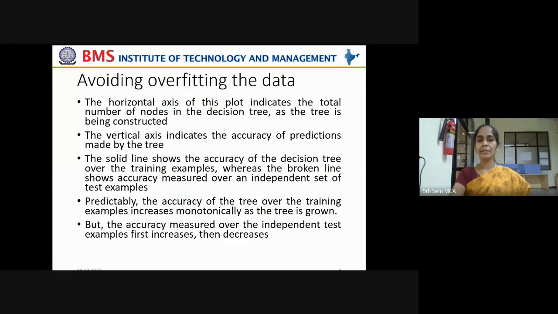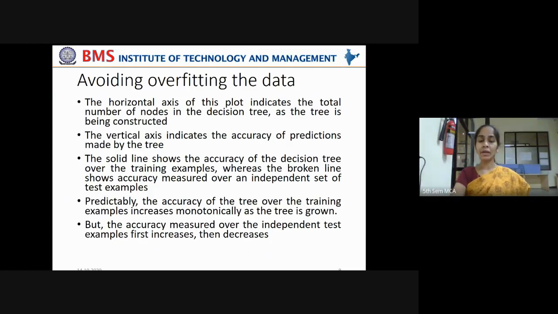Now, predictably, the accuracy of the tree over the training examples increases monotonically, gradually, as the tree is grown and the levels keep expanding.